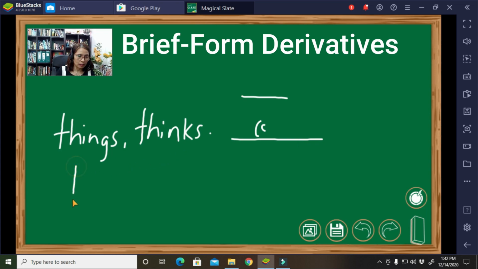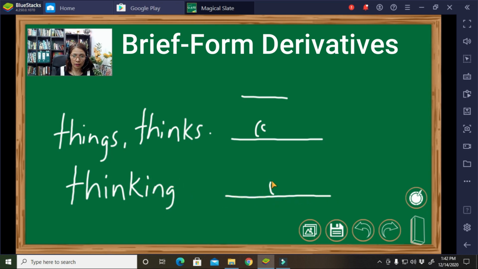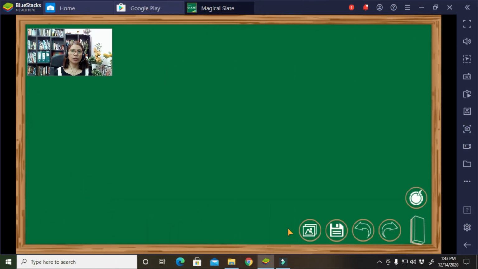The last one is thinking. For the word thinking, it is represented by an over if. This is your think. For ing, remember that is a dot placed after the last symbol. So that is thinking. As you can see, we do have two dots there. Okay, now this time we are going to tackle the words ending in